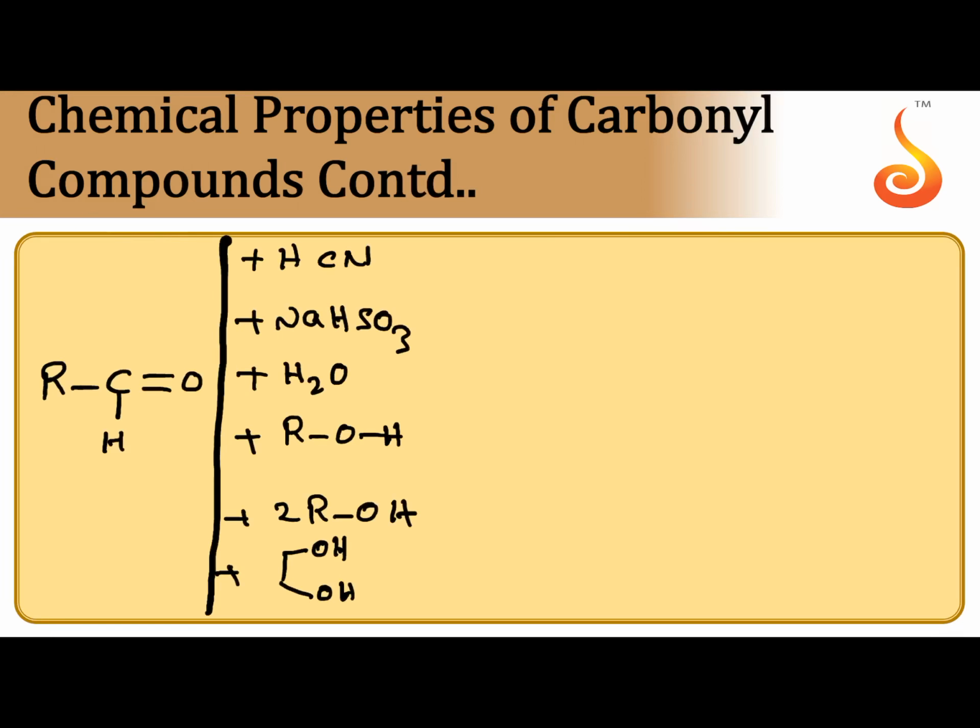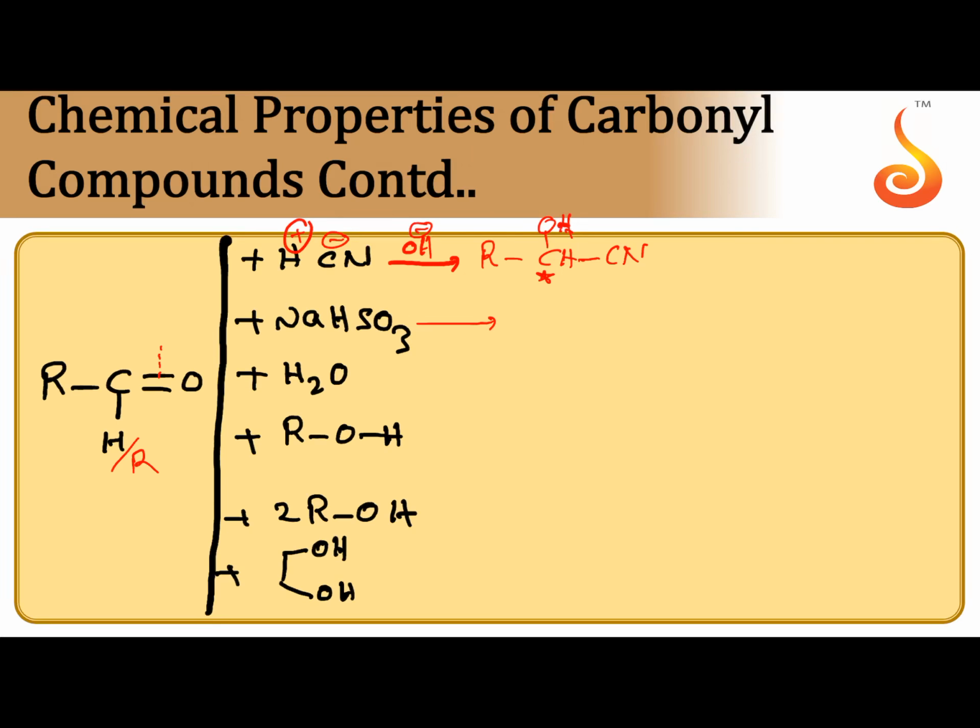Coming to the nucleophilic addition reactions, when an aldehyde, or you can take even a ketone also, is subjected to addition with hydrogen cyanide, CN minus attacks at the carbonyl carbon, H plus attacks at oxygen, but base alkali is required. Then we can get R-CH(OH)CN. This is called cyanohydrin. When OH and CN both are on the same carbon, the compound is called cyanohydrin. This is optically active if R is other than H.